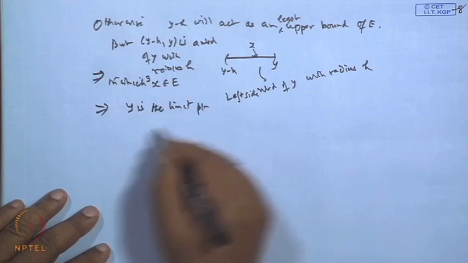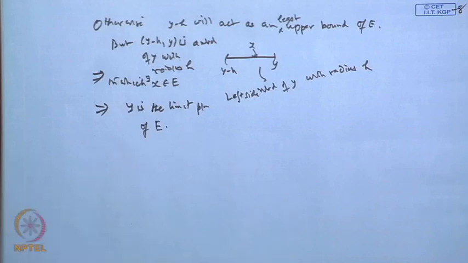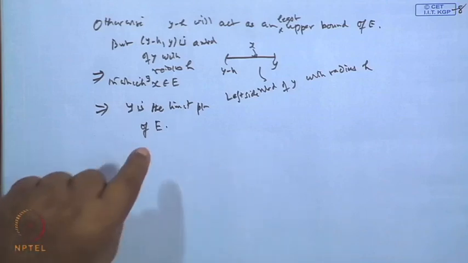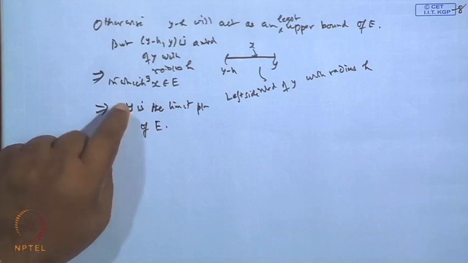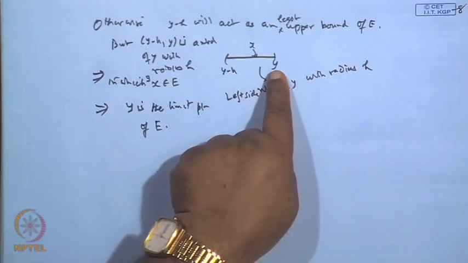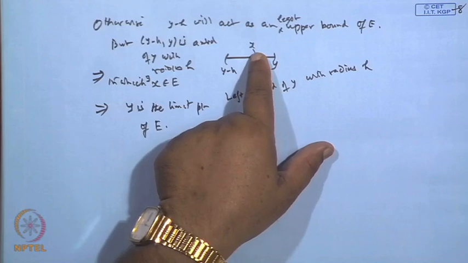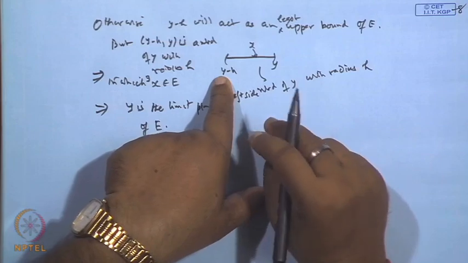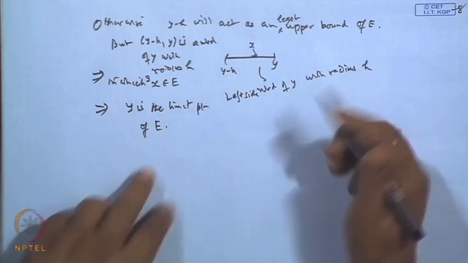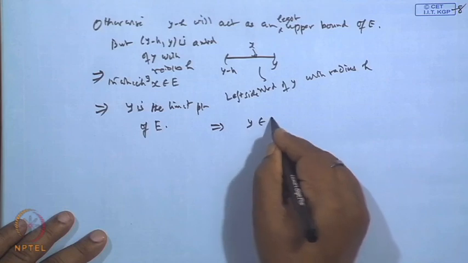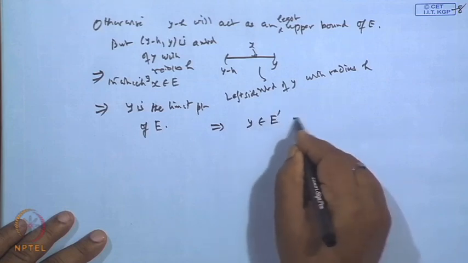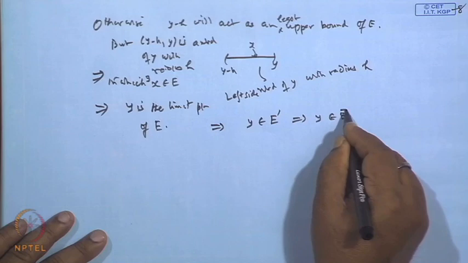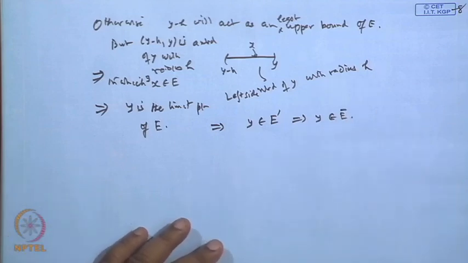of E, because the definition of a limit point of the set E is that every neighborhood of the point y, however small the radius may be, must include points of E. And this is true here, that if we take any neighborhood of y, at least one point x is available. Otherwise, it will contradict the fact that y is the supremum value of E. So, if it is a limit point, then y must be a point in the closure, E bar, hence y is in the closure of this set. So, this proves the result. Okay.